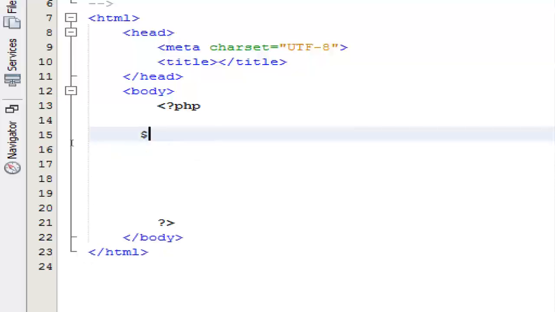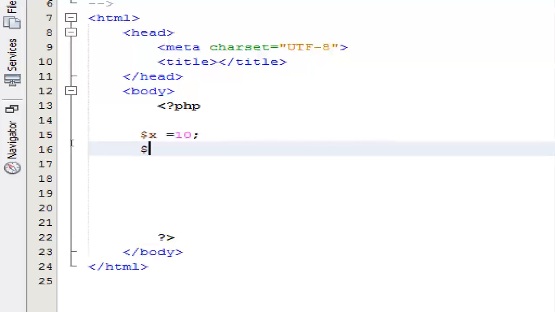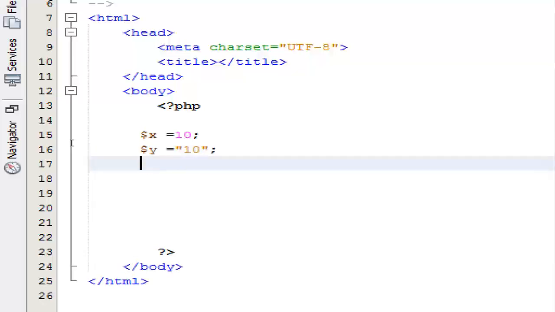$x equal to 10 and $y equal to 10. Now, you know very well that they are not of the same kind. One is a string, the other one is an integer. Now, if I run this and ask the parser, okay, tell me whether